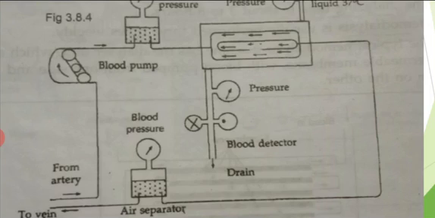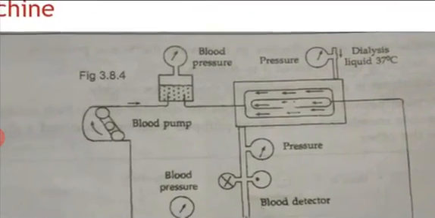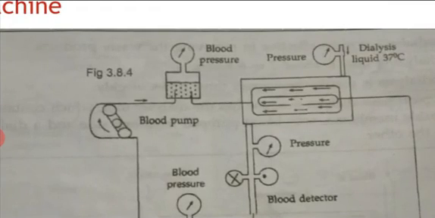Once this purification process is done, the impure electrolyte solution is taken outside the membranes, and again the fresh dialysis liquid is given as input for the dialysis. Whenever the dialysis liquid is given, the temperature is maintained constant at 37 degrees Celsius. If the temperature increases, it injures a number of the blood cells.